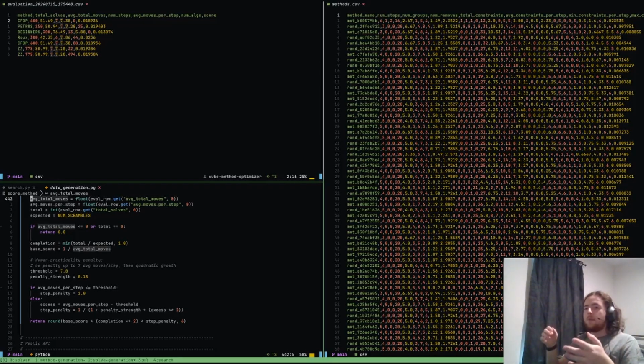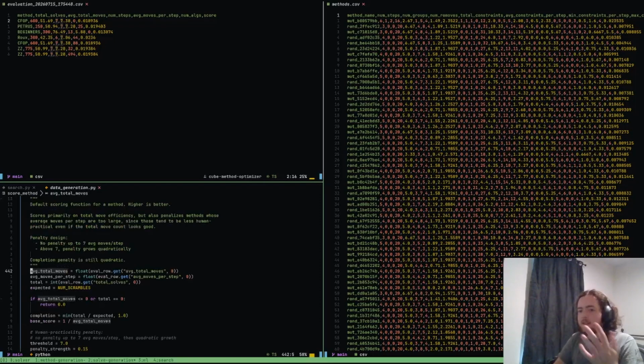Before, when I was purely optimizing for a low move count, it was producing solutions that were insane, like 12 move steps, but there's only 3 steps, and it said this is the best one, and that's not human solvable. You cannot predict 12 moves for an average step. However, this is what I got to produce that method that I've been talking about this whole video, and it does pretty good. Again, this is just nonsense, but it takes in all of that data, computes it, and gives the score. Over here is also the raw data for each method, and it's able to quantify